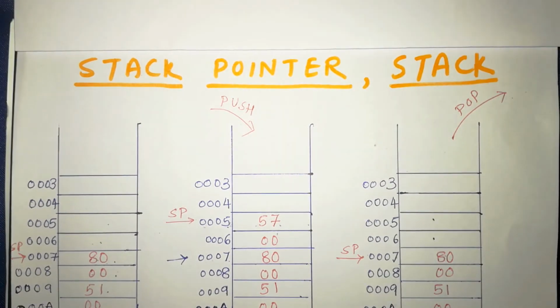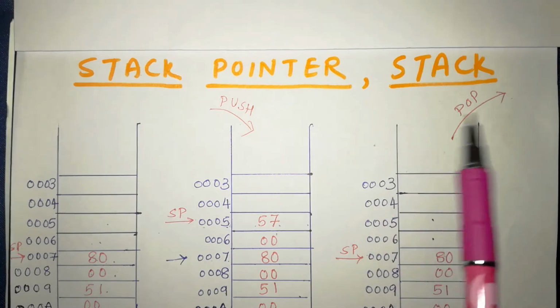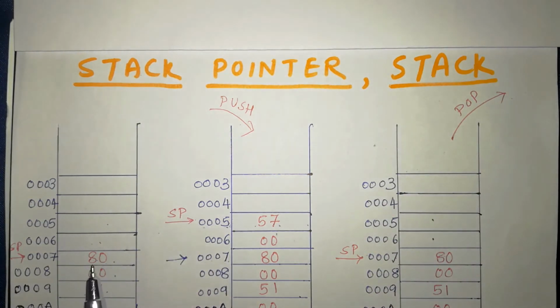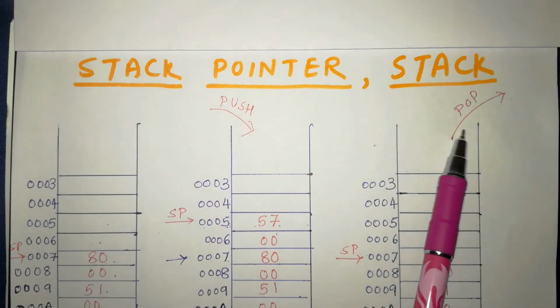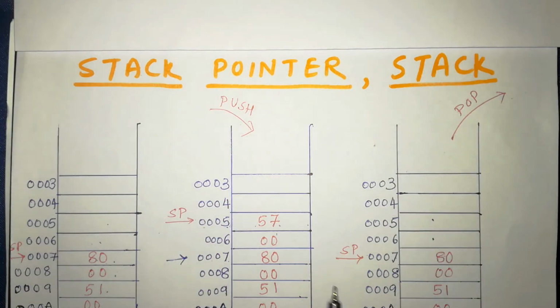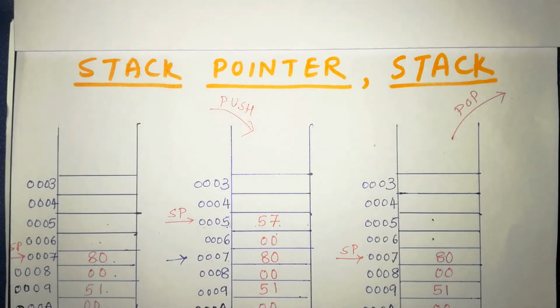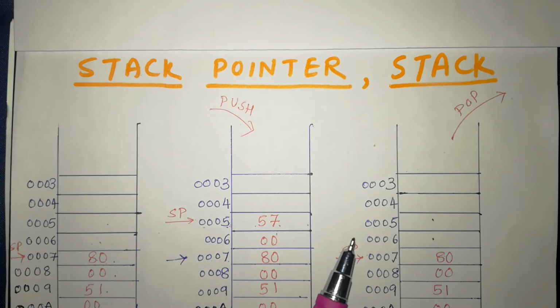A stack pointer is a 16-bit register which is used to store an address of current memory location called stack. Stack is a part of RAM. Two operations of the stack are push and pop. Stack pointer always increments or decrements by 2, as it is a 16-bit register and memory addresses are always 16-bit. It increments or decrements with the help of incrementer or decrementer.